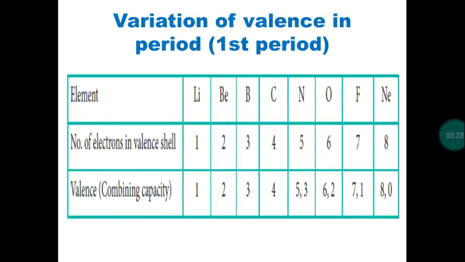As we discussed in the previous classes, which orbitals will be filled in the second period? 2s and 2p. So these orbitals will be filled by electrons in the second period. Based on that, we have already calculated how many elements can be in the second period: 8 elements, right? Because we have 4 orbitals, 2s, 2px, 2py, 2pz. Electrons can be filled in these 4 orbitals, and each orbital can accommodate 2 electrons. So 4 orbitals can accommodate a maximum of 8 electrons. So the number of elements in the second period will be 8. All these basics we have already completed.